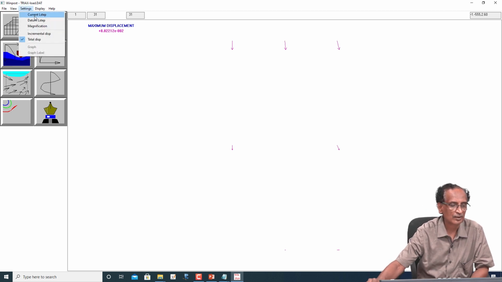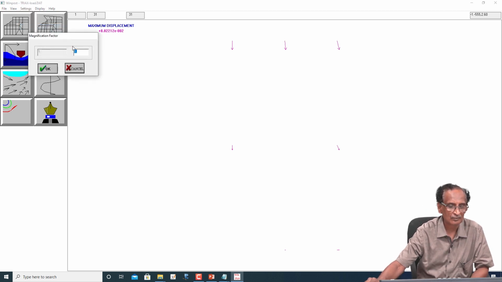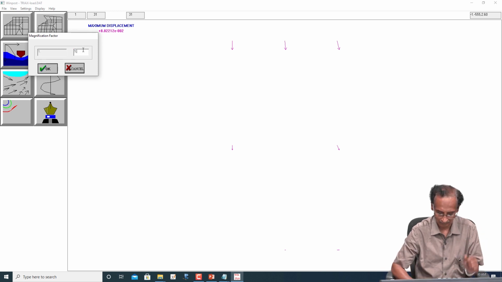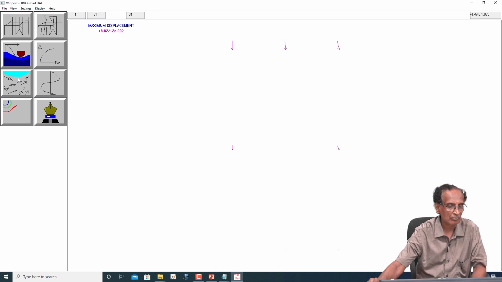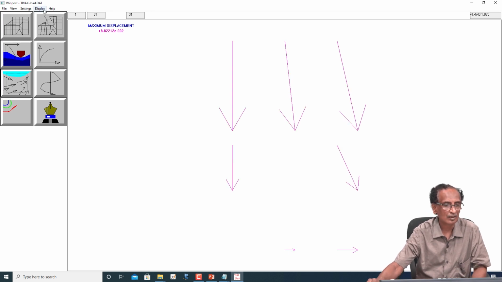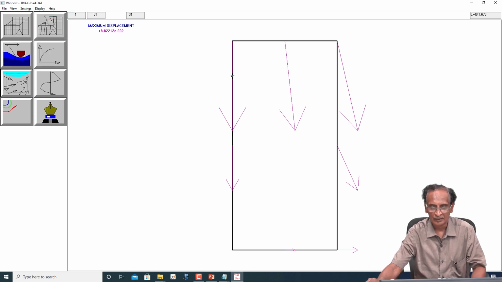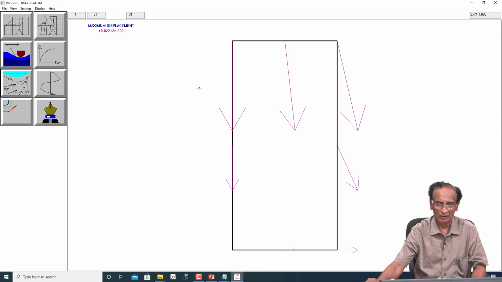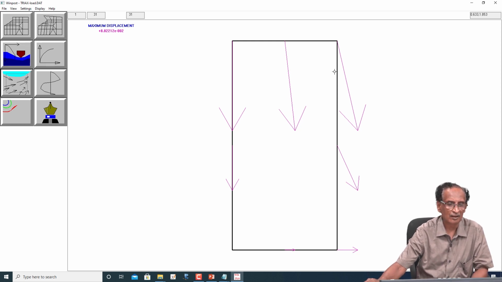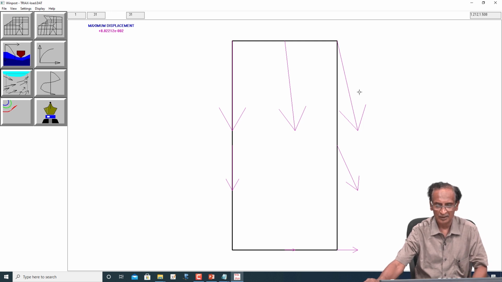Let me just zoom it a little bit. Okay. With the load control analysis, you get very large displacements because there is no limit on the